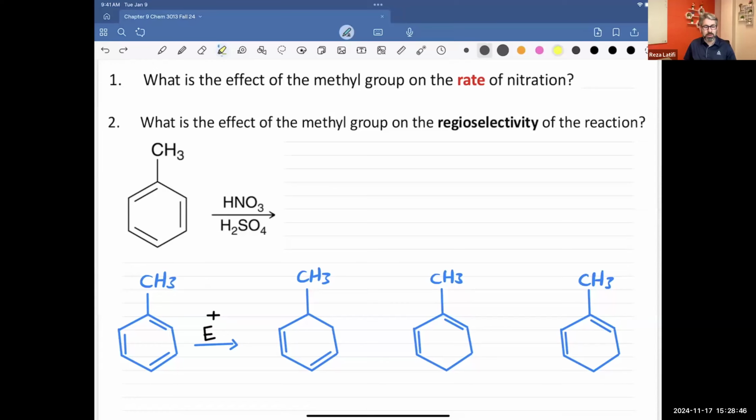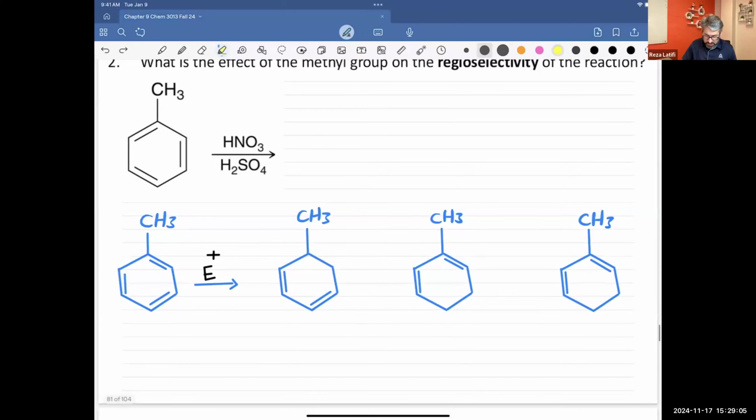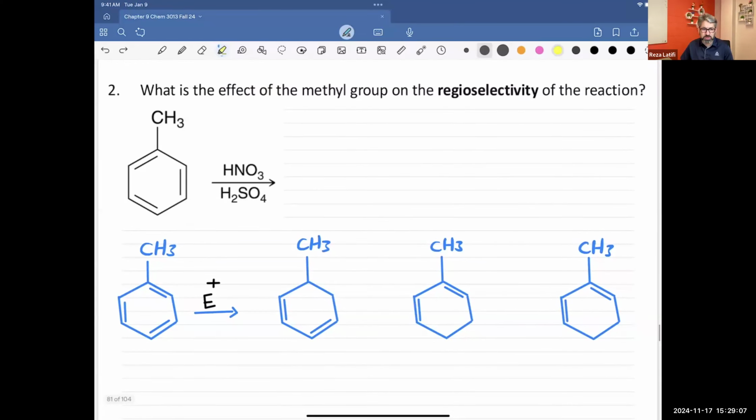In the last couple of lectures, I showed you the effect of electron donating or electron withdrawing groups. We said electron donating groups will lead to the ortho or para positions, while electron withdrawing groups will favor the meta position. In this case, I have a substituent, and the substituent is methyl. And I'm treating this toluene molecule with nitric acid and sulfuric acid, and this is going to be